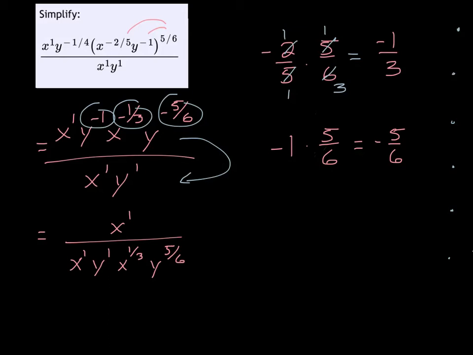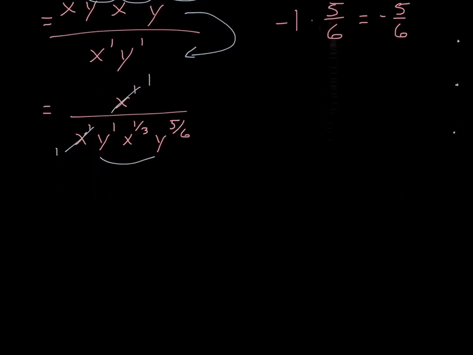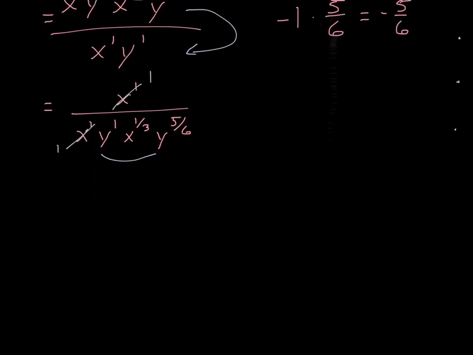And then what I'm going to do real quick here is cancel this common x to the 1 factor in both the numerator and the denominator. And I'm also going to combine this y to the 1 and y to the 5/6. So what I have now is a 1 in the numerator, an x to the 1/3, and a y to the